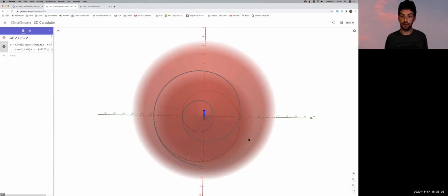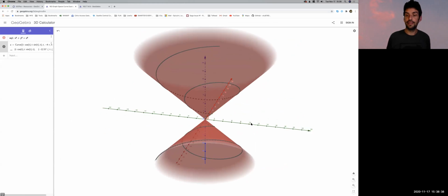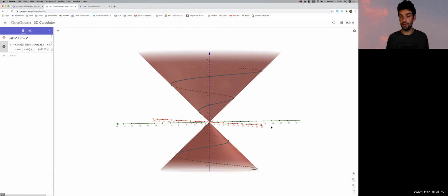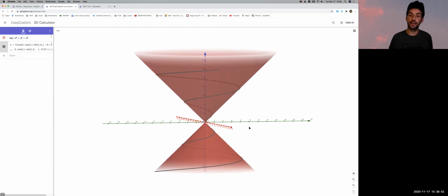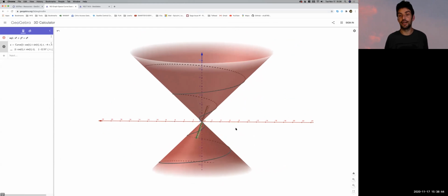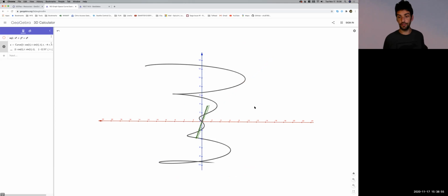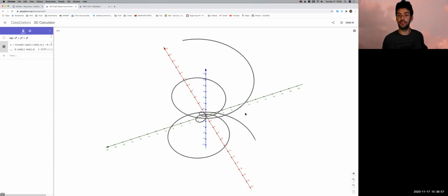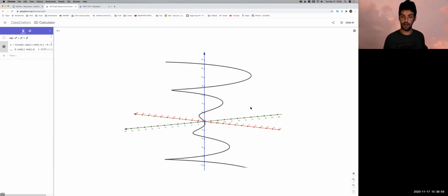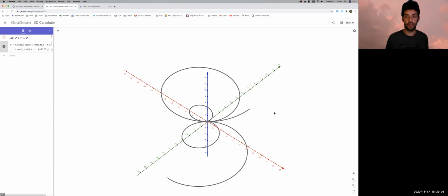And we see this curve that's laying right on top of that cone, coinciding with the surface of that cone, slowly rotating around it in either direction, with the radii getting larger and larger the further away from the XY plane we get. Without the surface there, it's not quite as easy to see, but it's still wrapped around that cone, and we get this kind of odd